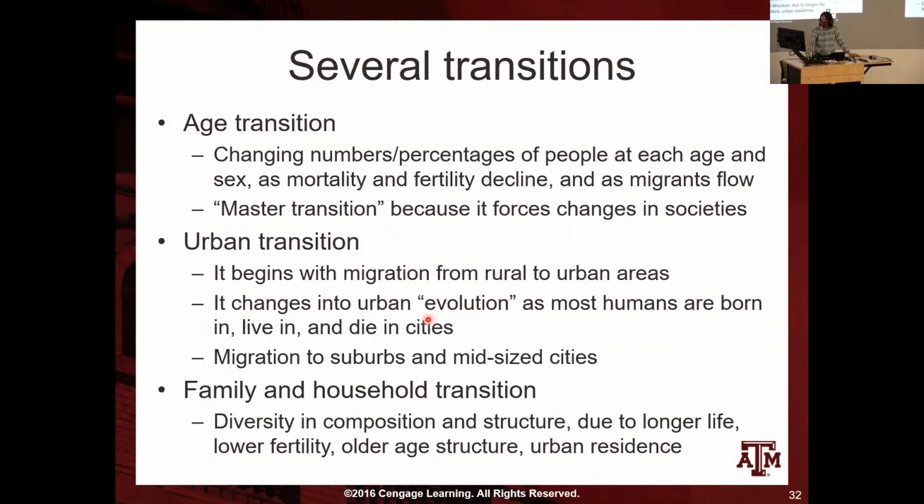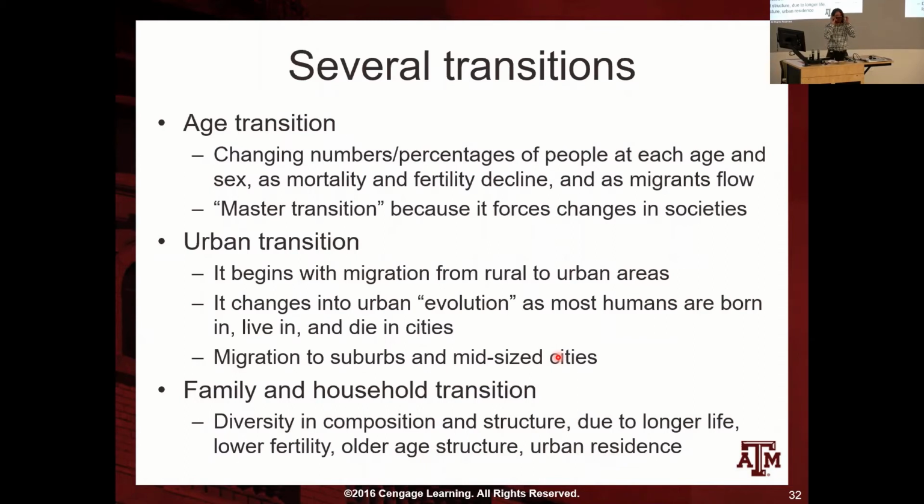And finally, the family and household transition. There is diversity in composition and structure due to people living longer, having fewer children, and now you have an aging population, more people in older ages, and a higher percentage of people living in urban areas, either in bigger cities or mid-sized cities. Okay, so all